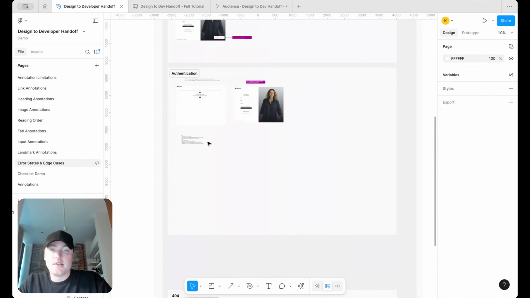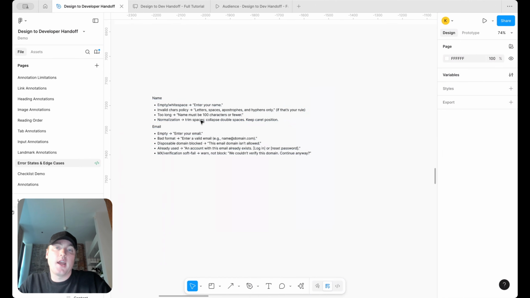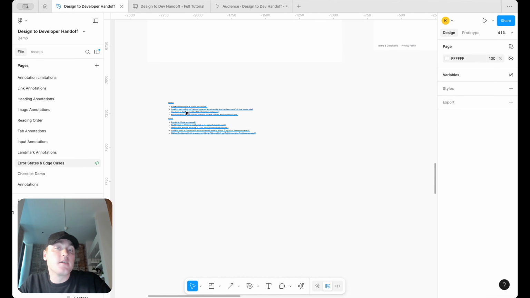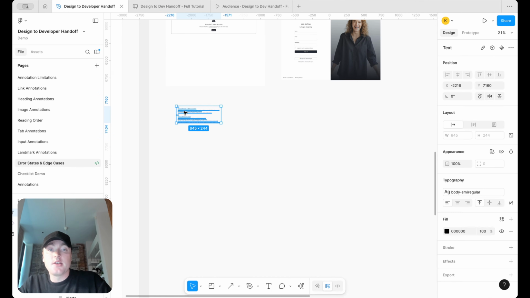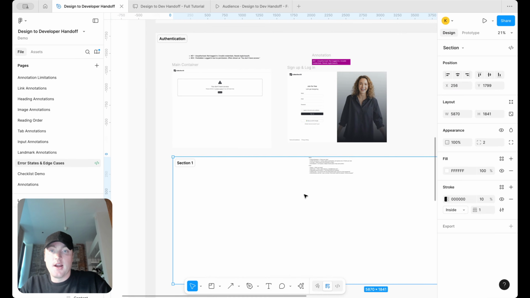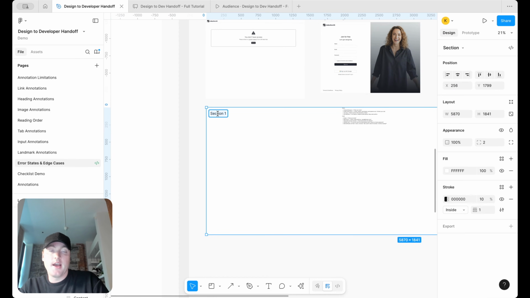Okay, so now let's look at how I would set this up. The thing with forms is there are usually, as you can see here, four or five, or sometimes even more, different error states that could happen. So this is where you can also start to, let me move my video bar out of the way, group these into their own sections, where this here might be